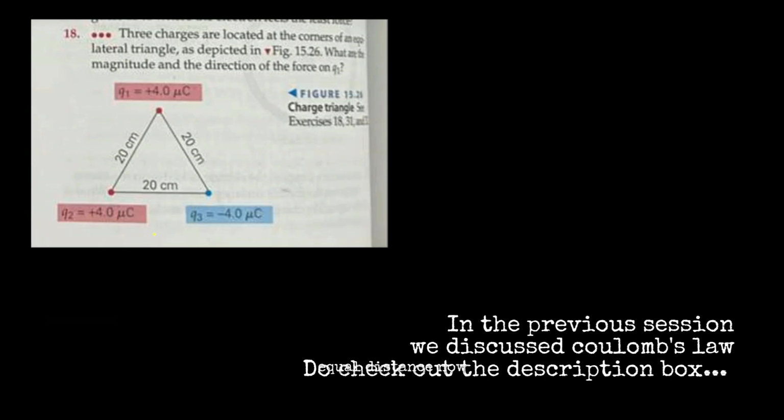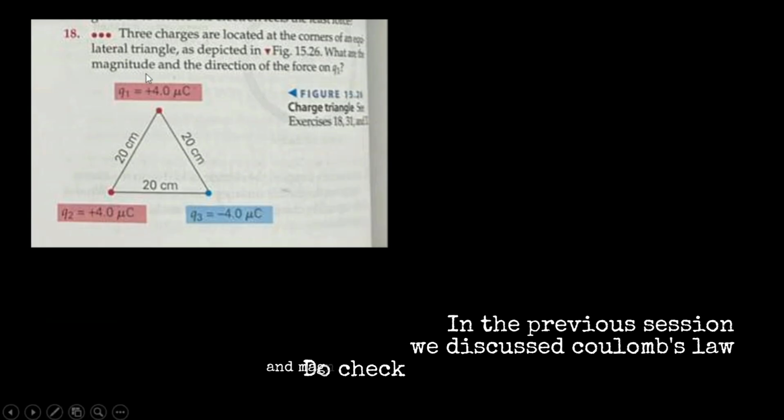Let's start. Once again, because this is the same one we did in the last class also, using Q only. Then we'll move towards the electric field. So basically there are three charges located at the corners of an equilateral triangle, and as you know it is an equilateral triangle, so it is going to be equal distance. Now what you have to understand here is the question says what are the direction and magnitude of